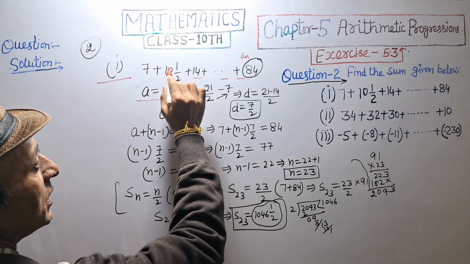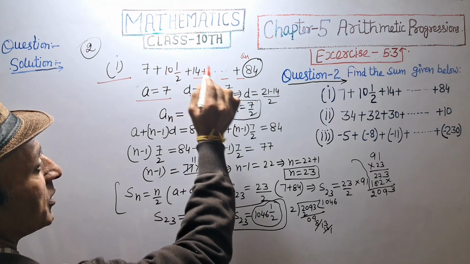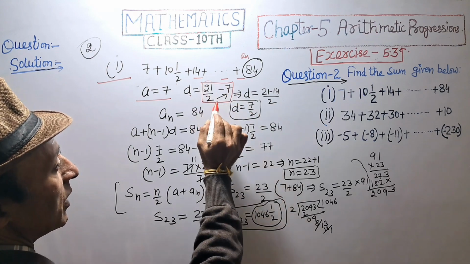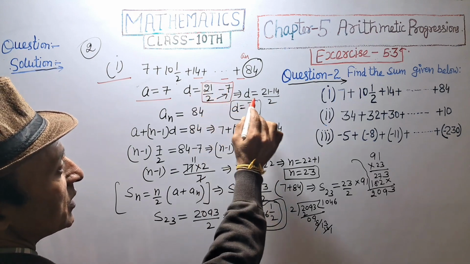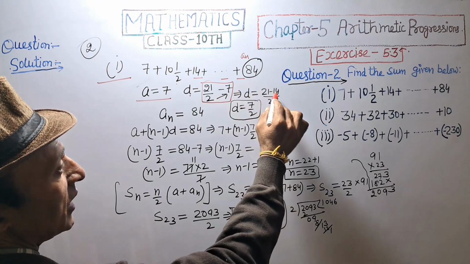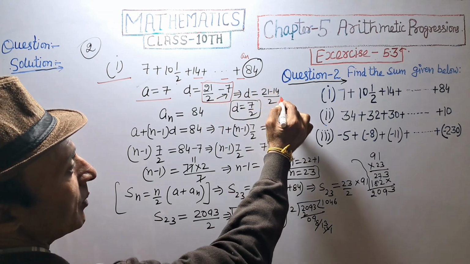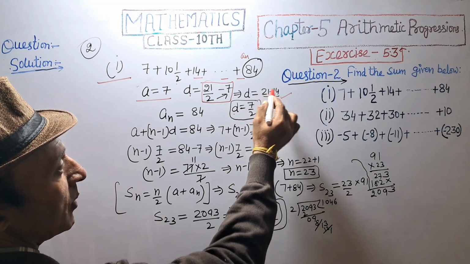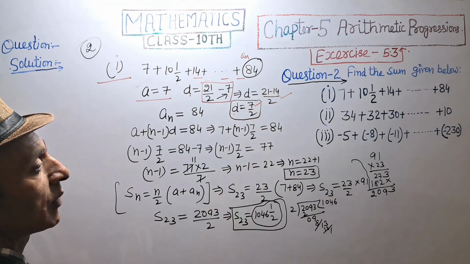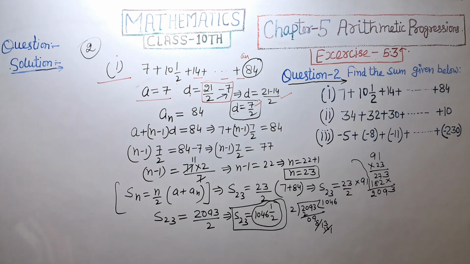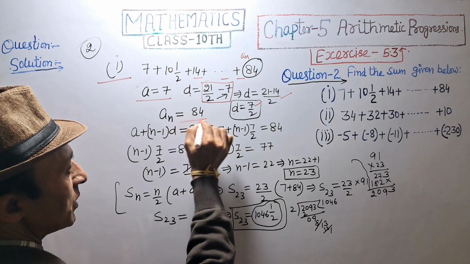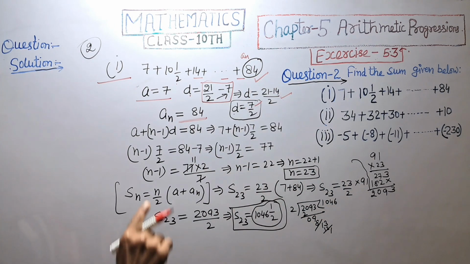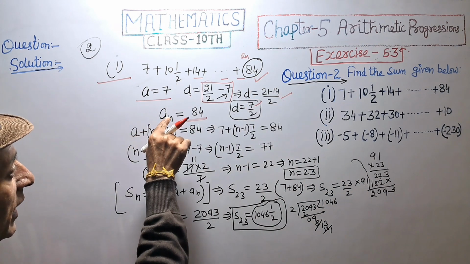The second term is 10 2s are 20, 20 plus 1, 21 upon 2, and the first term is 7. Second minus first is equal to (21 minus 7 2s are 14) divided by 2. Then the common difference is 7 divided by 2. And the last term is An, that is 84, and applying the formula An,